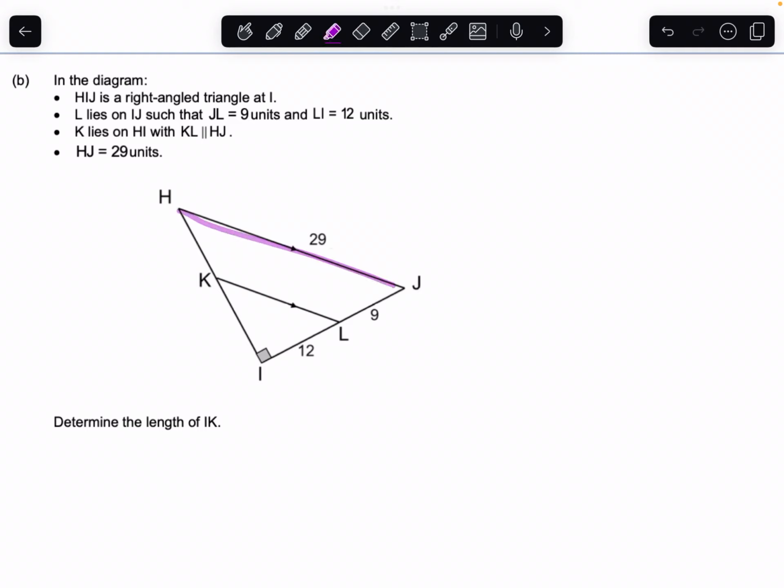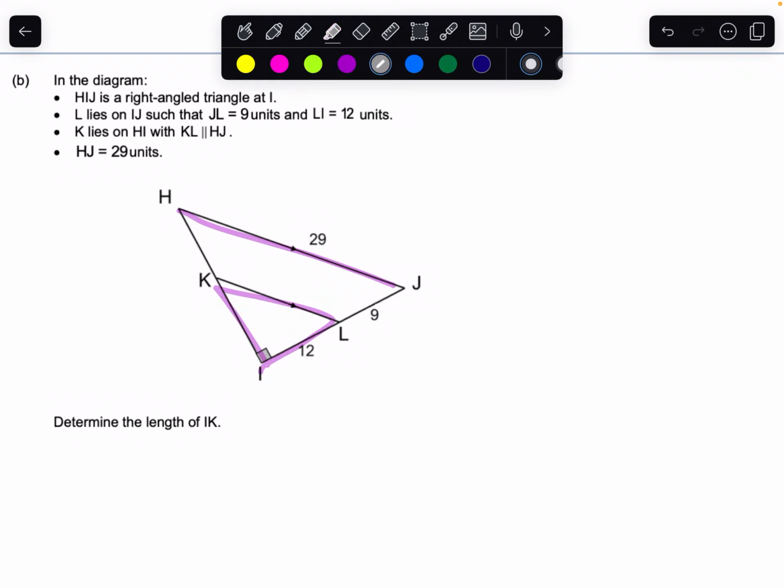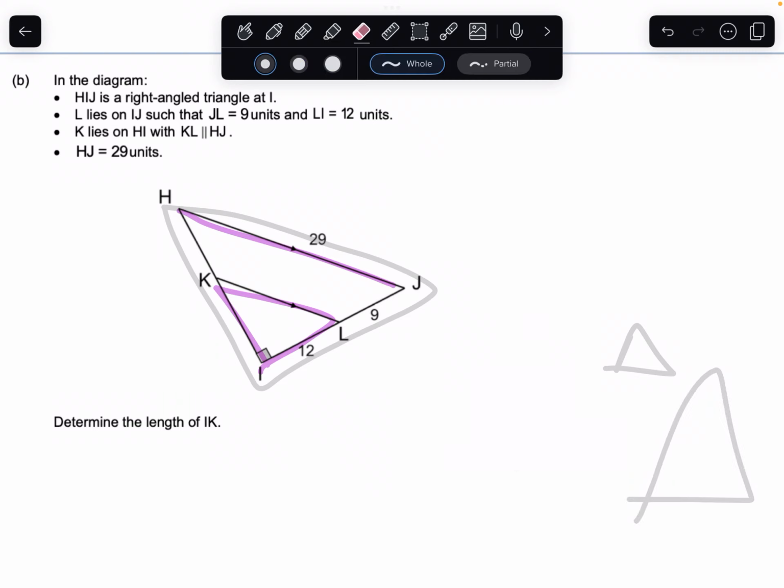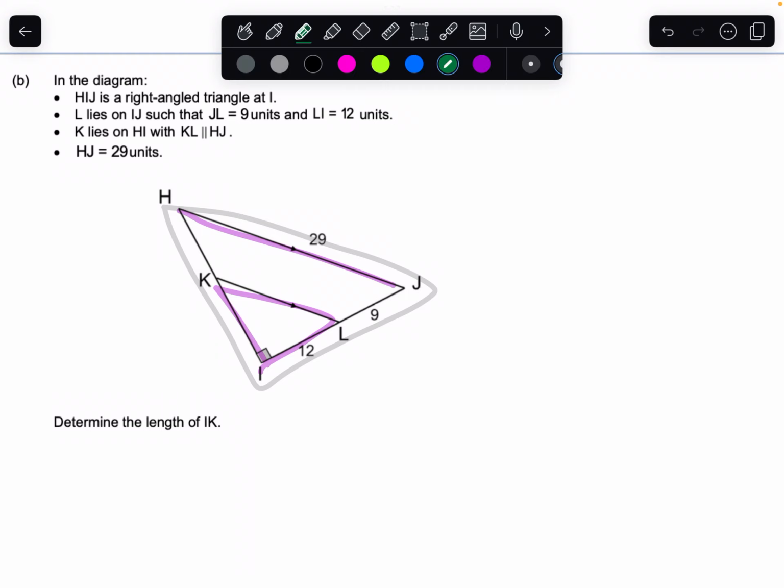So what we can definitely do is prove that this triangle is similar to this triangle, because that's just the common pattern you see. If you have this situation, then you know that the little triangle and big triangle are similar. So we can prove similarity between those two and use the relationship to figure out,